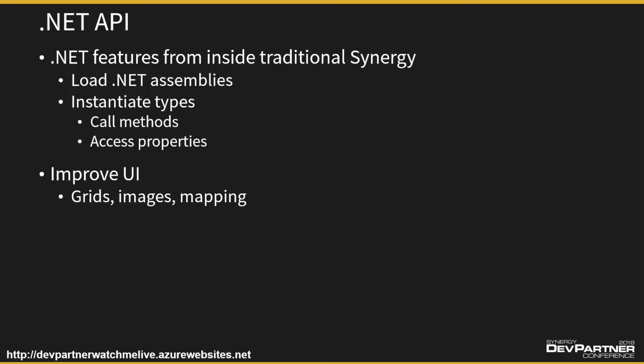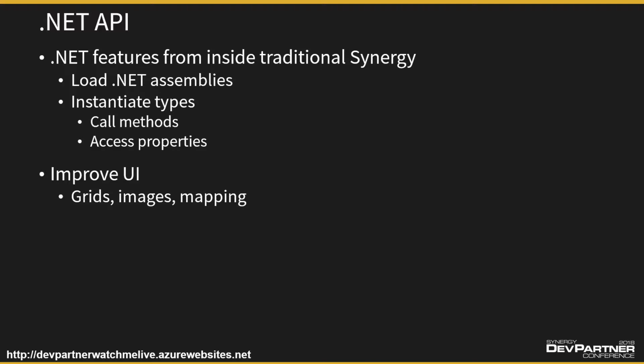So we're going to improve the UI by using the .NET API. The .NET API, in a nutshell, allows you to host .NET components inside your traditional Synergy applications. It's a cool way of adding functionality that you can't get in a traditional Synergy application, be it toolkit or non-toolkit. So if you wanted progress bars or graphs or charts or fancy lists with super scrolling and selection and searching capabilities, basically anything you can do in .NET you can host and plug into a traditional Synergy